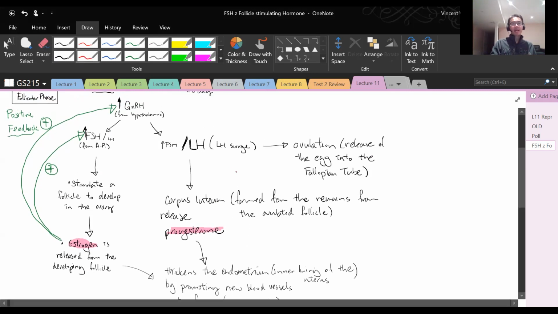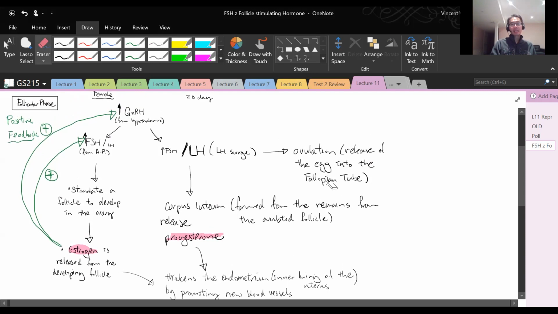But more importantly, now that we have an egg in the fallopian tube, we do not want to have another follicle developing. Okay, so that's why the progesterone will go back to the anterior pituitary gland, and then back to the hypothalamus, and it will have negative feedback. It will stop the release of GnRH as well as FSH and LH. It suppresses it. Okay, so without the GnRH, without FSH and LH, we ensure we won't have another follicle being